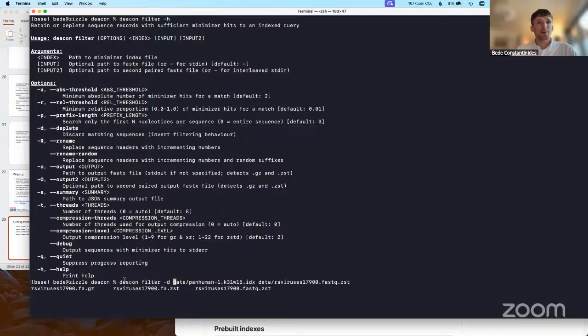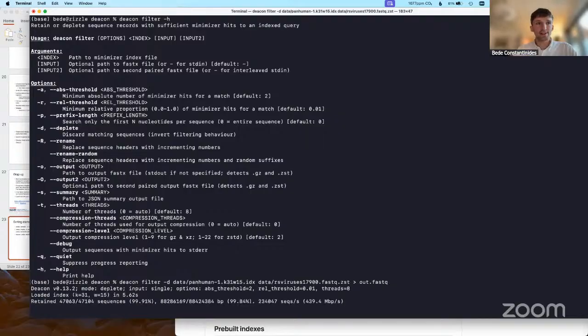So I'm going to go deacon filter -d, then our index path, then our FASTQ path, and then out.fastq. I've pressed enter and it's running, by default with 8 threads. It takes a few seconds to load the index, especially the first time, and now it's running.